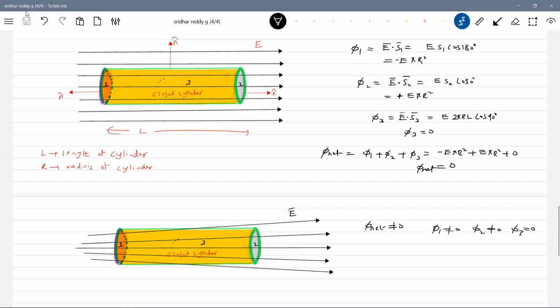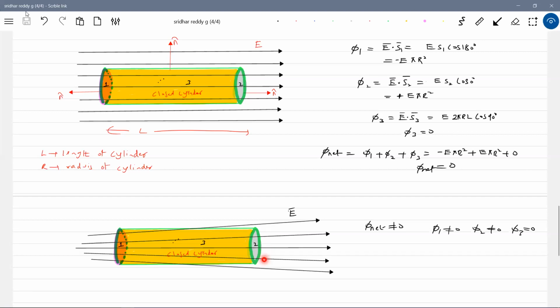So first I'm just focusing on making you learn the flux. Once again, what is the flux? Nothing but the lines of force. So how many lines of force are passing through? Net lines. How many lines of force are entering? 1, 2, 3. Those many are leaving. Able to understand? How many lines of force are entering? 1, 2, 3, 4, 5. How many are leaving? 1, 2, 3.